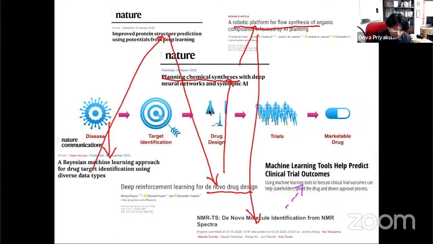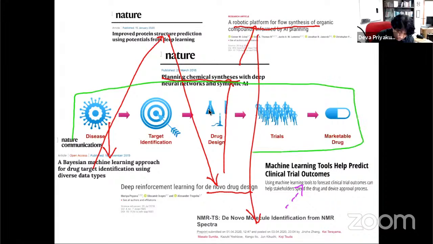Okay, so what have I shown you now? Basically, initially we saw this particular pipeline, right? We just saw this one and said, if one has to come up with a marketable drug, you have to start from here and go all the way there systematically, and that involves a large number of experts, right? So now you see that there exist a lot of algorithms which do different components in this particular process, right?